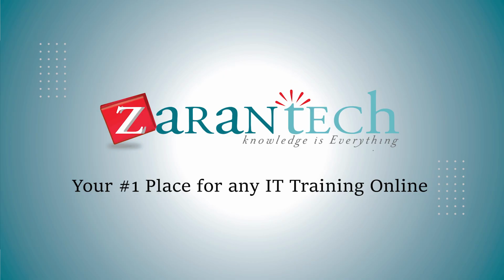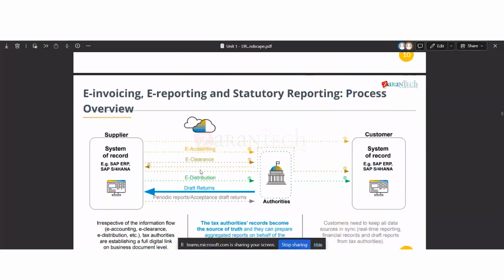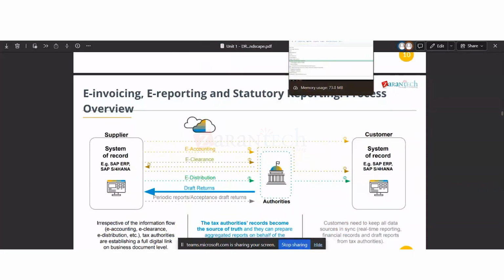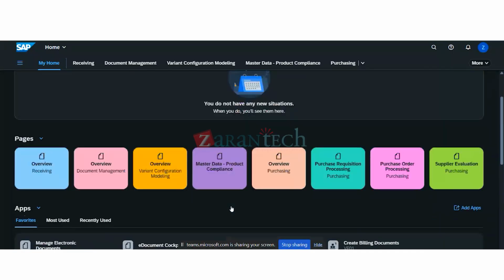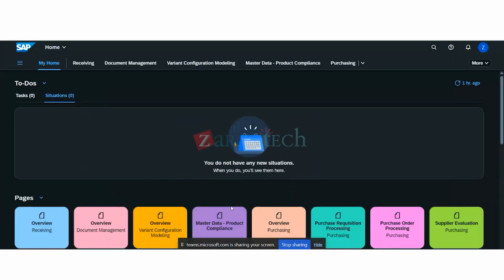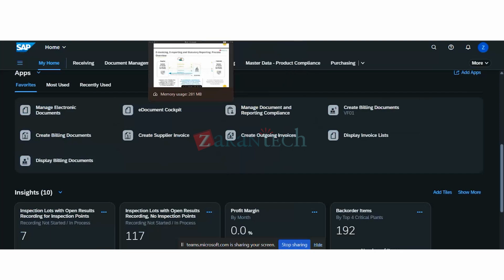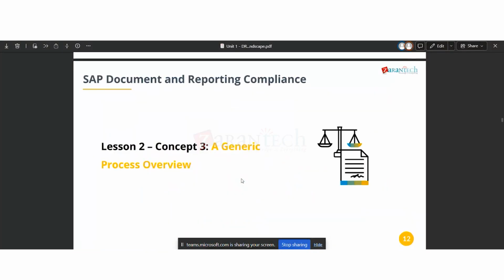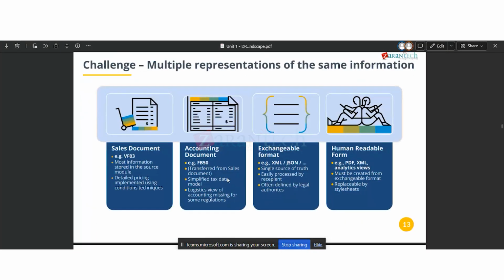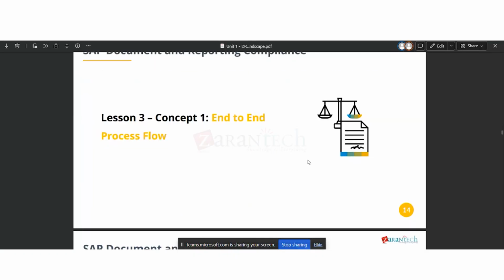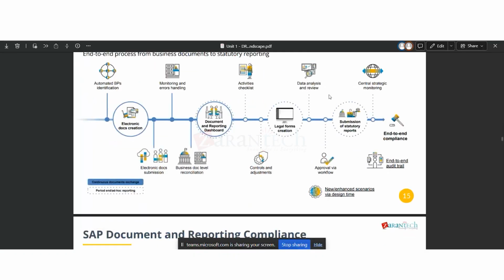So now at least we know, we did some hands-on in this system. We saw the Fiori app, at least for the managed document and reporting compliance. And we will go through a few pending items. Is this picture clear to everybody? We spoke about the problem. I'm just refreshing the integrated story. I hope everybody is clear on how the whole product works together, because you will see this again and again